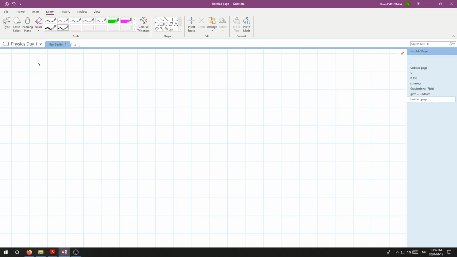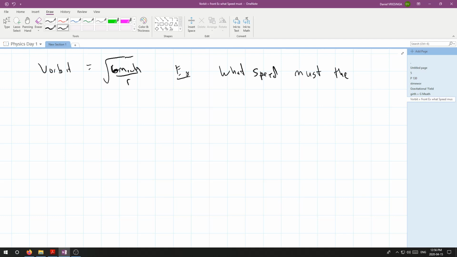Okay, so here's my orbital speed, I guess we'll say, orbit speed. And it's going to equal the square root of G, that's a G, not a 6, times mass of the Earth divided by the radius. Here's an example question. What speed must the ISS, this stands for International Space Station, by the way, travel at